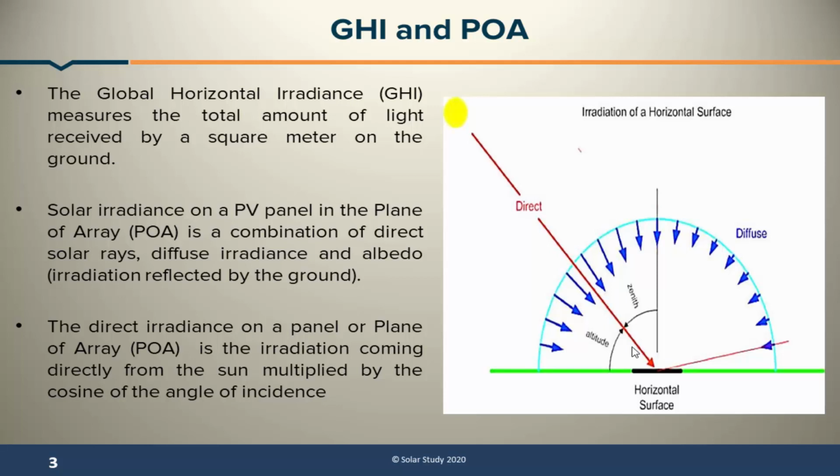It is the radiation directly from the sun multiplied by the cosine of the angle of incidence. Then we will also get the zenith angle. If it is at a perpendicular degree, then we will get the zenith angle. Then how much diffused light is coming to the entire surface, we will go through here.